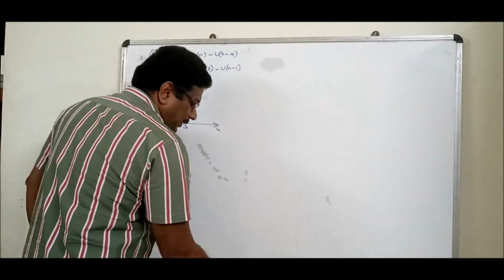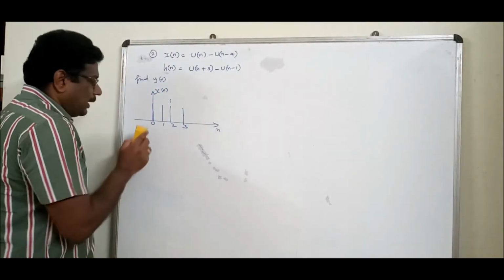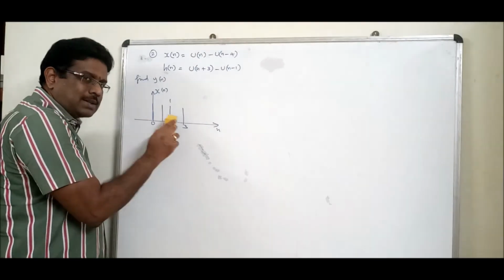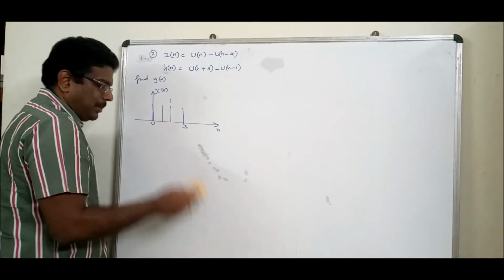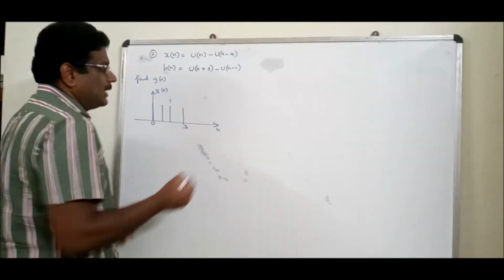Now I gave advice, you remember. Write only the first value and the last value. If the last value is infinity, leave it. Right now it is available. So don't do in between. What about the next sketch?